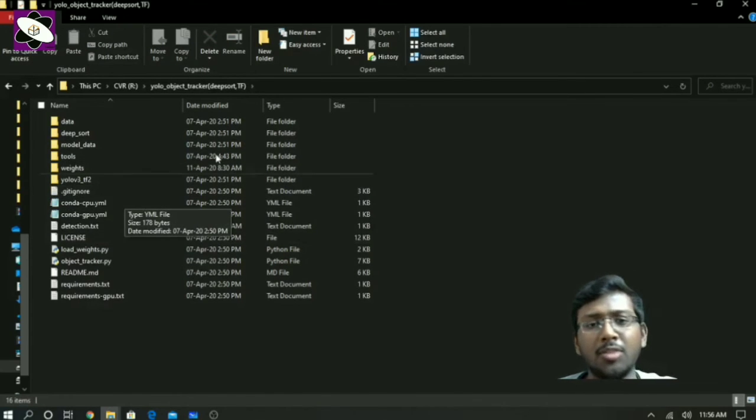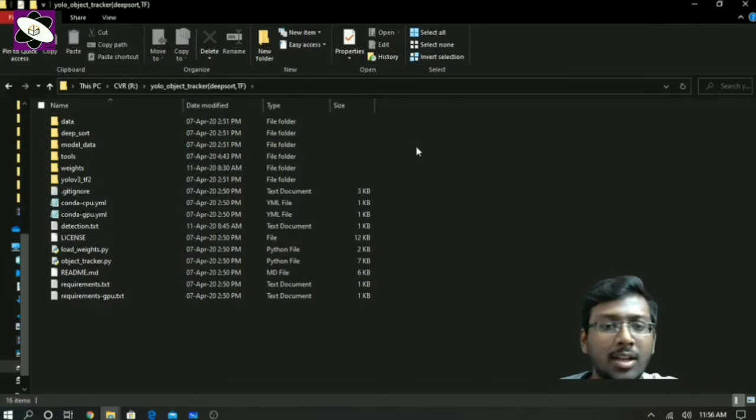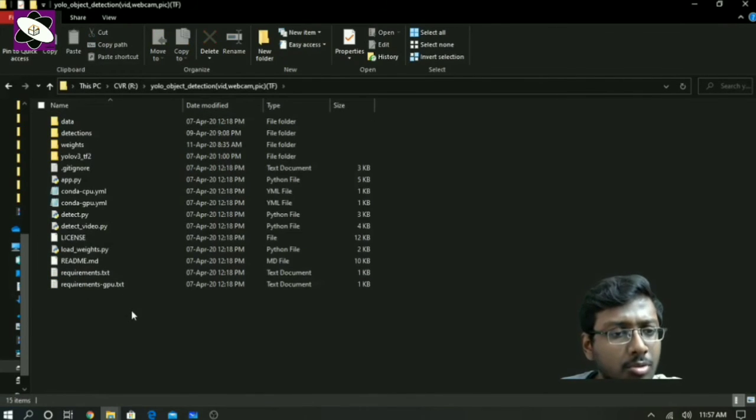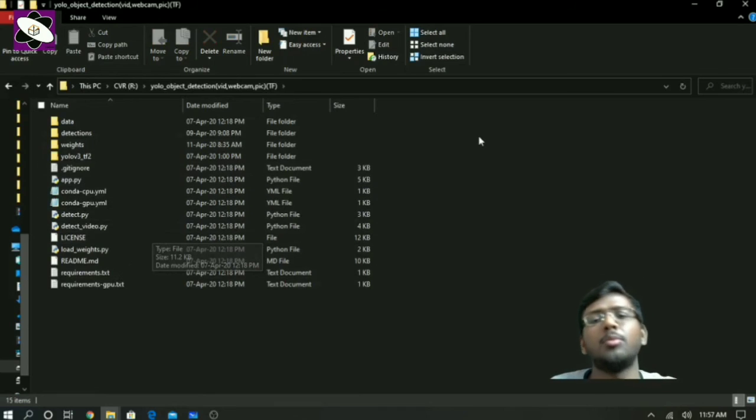So again, we need to activate the environment. You can use an Anaconda-like script, and there you can activate and deactivate. You just create an environment so that all modules will be for that environment only. And again, it makes everything a little easier for the object tracker. I will just show you the syntax and everything. The details will be there in the description too. With this we are going to do a project for tracking and detecting face and hands.